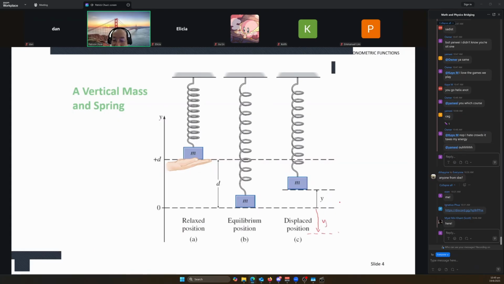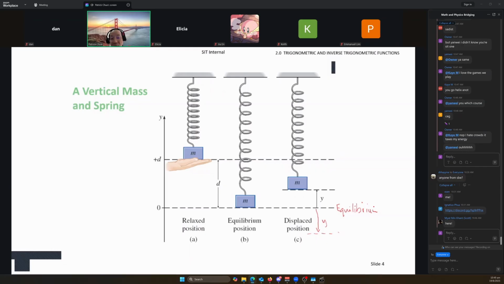Okay, up and down about this equilibrium position. So this is the equilibrium position. In other words, it vibrates or oscillates. And if there's no air resistance, assuming there's no air resistance, then you continue to oscillate forever. But in reality, within our atmosphere, there is air resistance. So in reality, the oscillation will die off, slowly, smaller and smaller Y values, smaller and smaller oscillation, and eventually you will come back to rest at the